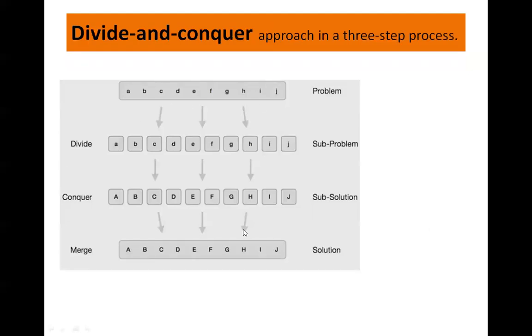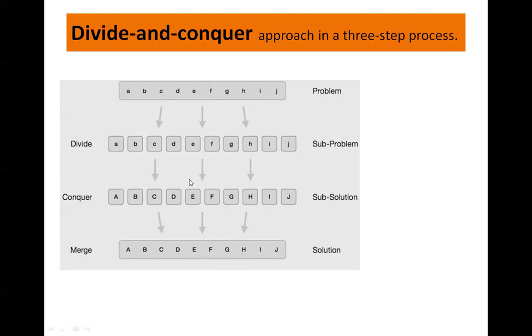Now, this is just a screenshot showing how the divide and conquer approach actually works. This is the given problem. You have A, B, C, D in lowercase. This is my original problem. What I'm doing is dividing this problem into subproblems. This original problem is divided into subproblems, and then we get the solution for each subproblem. What is the solution? The problem was that all the alphabets were in lowercase, and I just converted them into uppercase. So each subproblem is given a solution. Now, all these sub-solutions are combined to form the solution of the original problem.